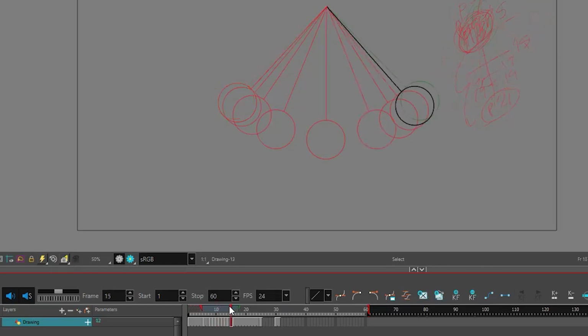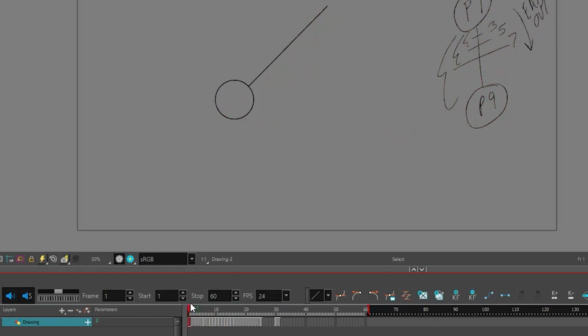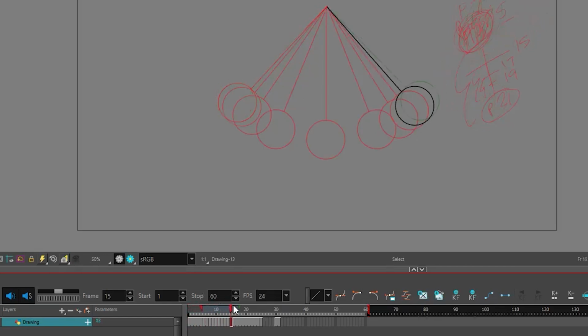Okay, and then it's going to come up to here. And since it's going to be holding here for 5 frames, we want it to be holding on the other side as well. Okay, so let's go ahead and do that. Let's say if it's going to be here. So here I didn't, let me just show you this first of all. So this one is 15. So this is 17 right here. Just so you can see